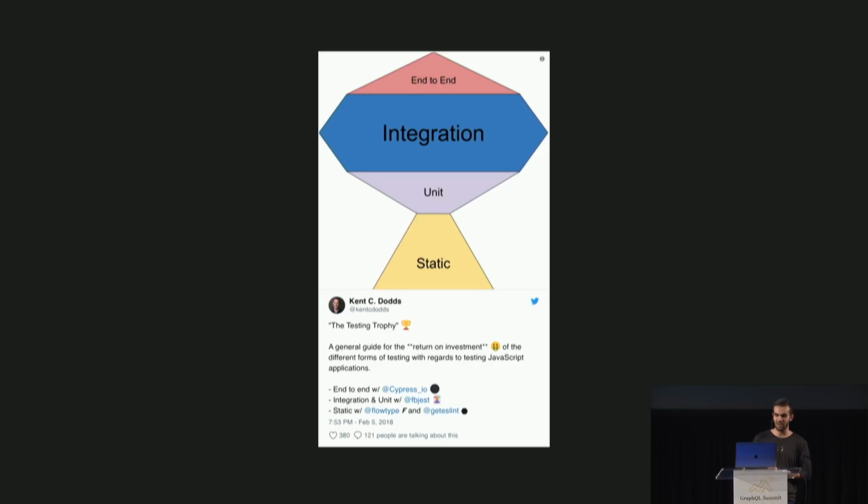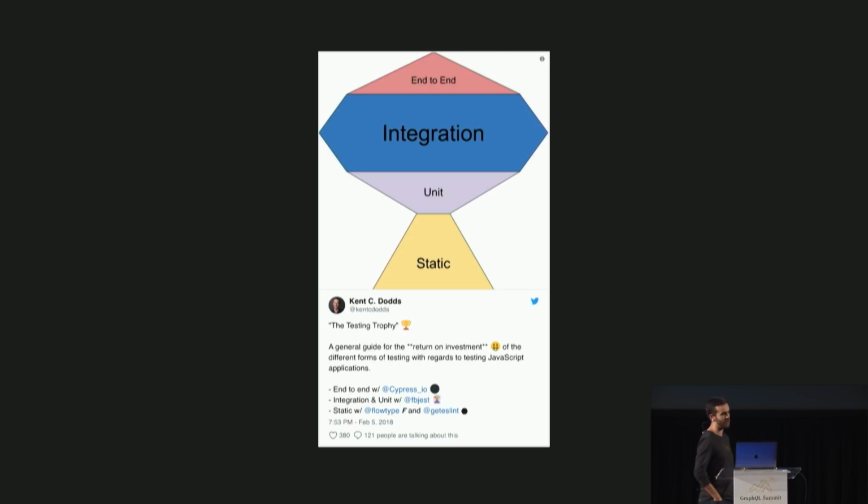I would be a terrible presenter if I didn't mention Kent C. Dodds and his wonderful work around testing. He just released a JavaScript testing course, but he's also done a whole lot more. He proposed this idea of a testing trophy. We've all seen pyramids, food pyramid, testing pyramid, the two most popular ones. And then we have this testing trophy, which breaks up the value of tests, especially the return on value, by proportion.